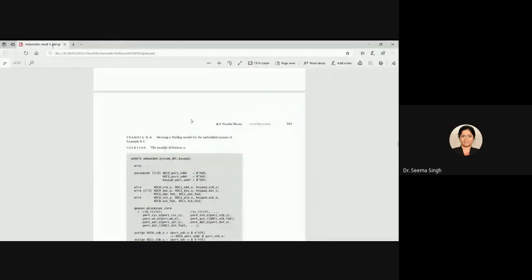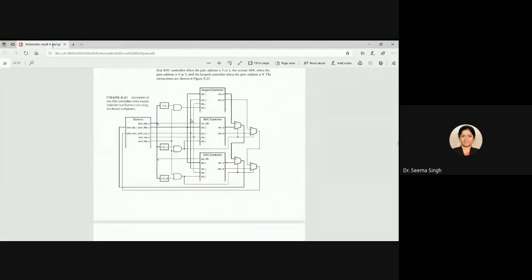Okay, now see the program part. Of course, this is for the case when, see this diagram. In this, it is trying to show that the Gumnut processor is being connected with two ADC controllers and one keypad controller. So from here only, I will tell you the program for ADC controller also. What you can see here is, of course, if a Gumnut processor is connected with more than one IO device, it has to see where it is going.